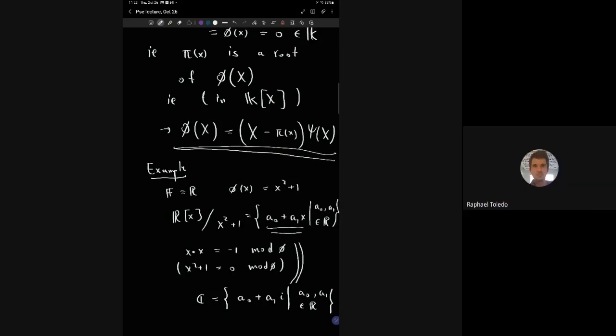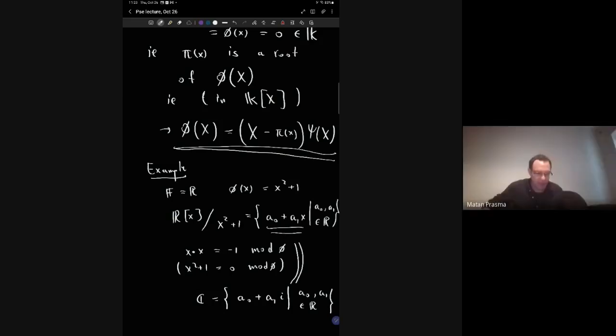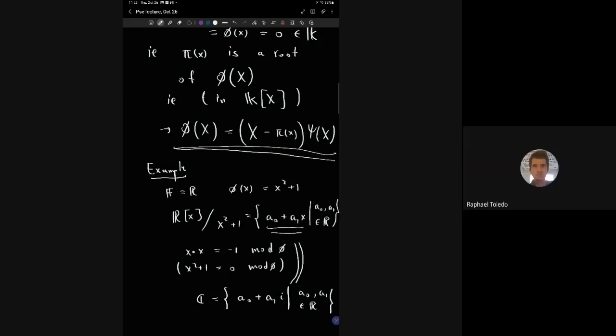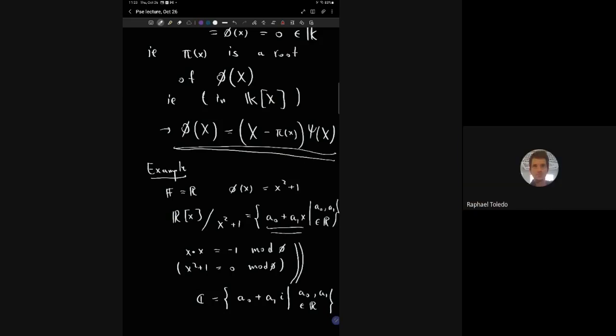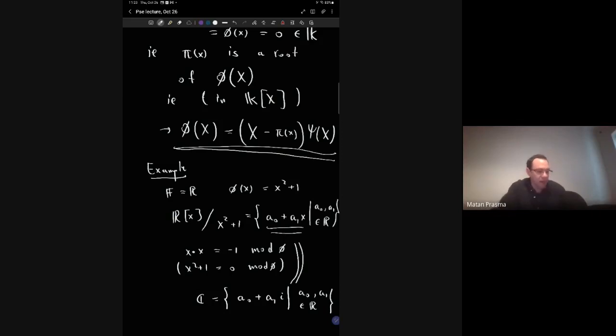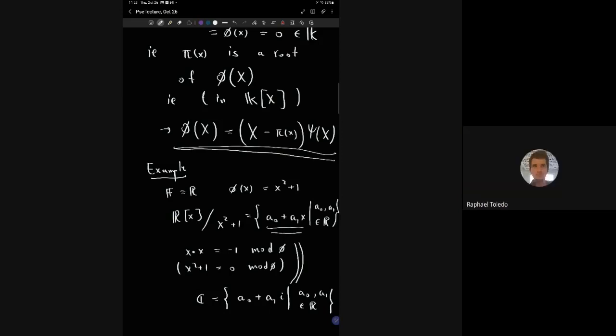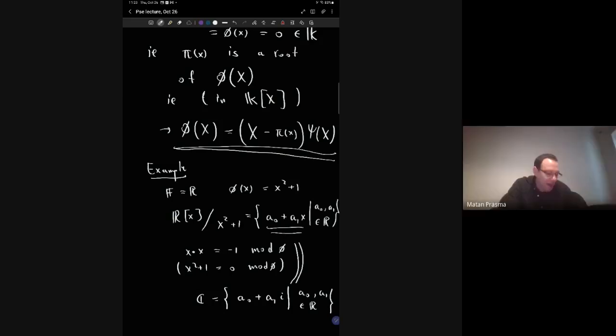Why do we talk about the complex numbers instead of talking about R[x] divided by x squared plus 1 in that case? It's isomorphic. I mean, you know, I can see it. Well, I mean,